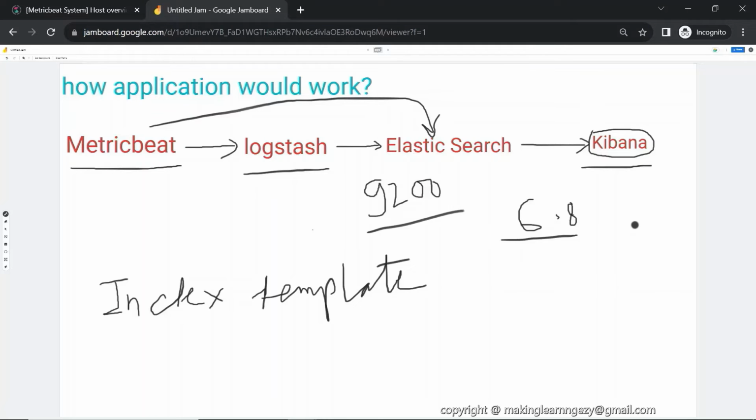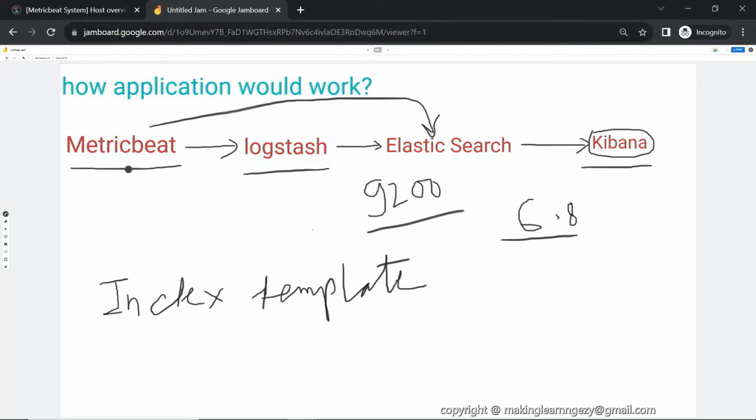Now let's move on to Kibana. As I already mentioned, we would be using the default Kibana dashboards present in MetricBeat. So we are not creating our own dashboards. If necessary, we can also create them, but for simplicity, we are using the dashboards provided by MetricBeat itself.